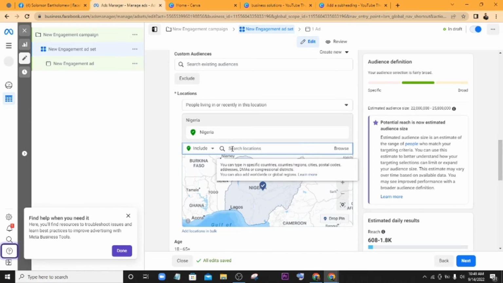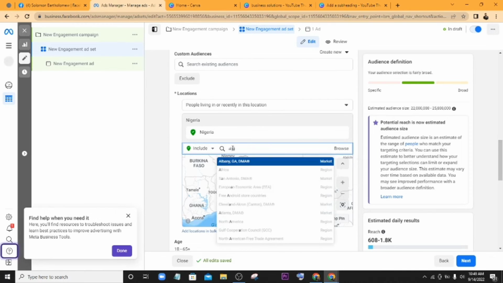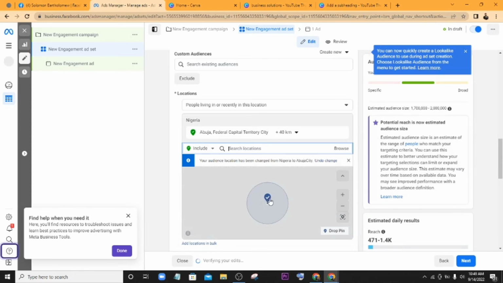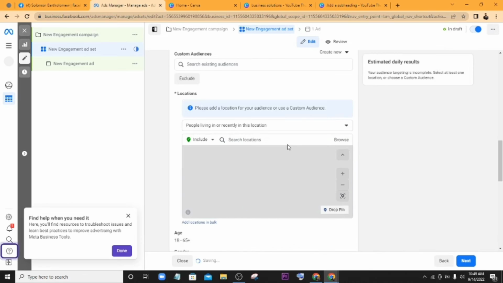All right, so you can just go in there and type it, or whatever region it is you want your ad to be shown to, you can go there and pick it. Let's just pick Abuja. You can see the Federal Capital Territory, Abuja. If I pick that, my ad will be shown specifically to people in Abuja. All right. You also want to pay attention to your audience size. It's on the left corner of your screen. Okay, you can see it's the green there. It's on the left corner. You want to make sure the audience is not too broad and it's not too tiny. Just basically have it at the middle, and then that works perfectly.